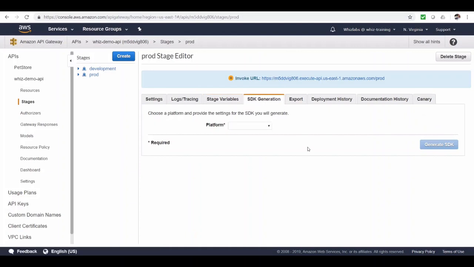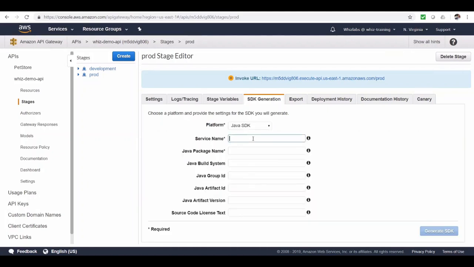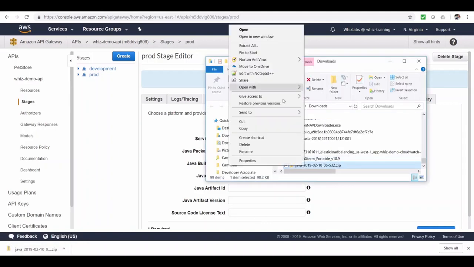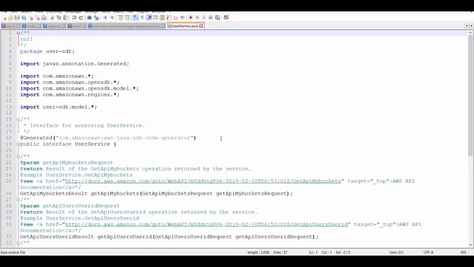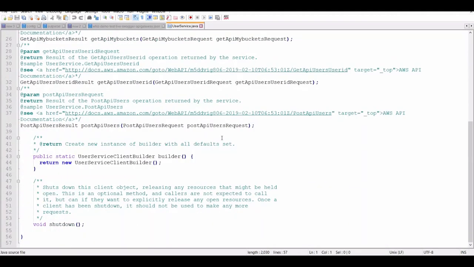And next we have SDK generation. The cool thing with API Gateway is that it also provides you an option to generate SDKs for your API in the following programming languages. So if the consumers are using any of these languages, they can avoid all the overhead they need to handle in creating and making REST client calls. Let's see an example of Java SDK. Let's give service name and package name and click on generate SDK. Let me open the SDK package. You can see it is basically a Maven project with a source code to consume the API. You as a consumer just need to add the SDK to your code and simply make calls to the respective